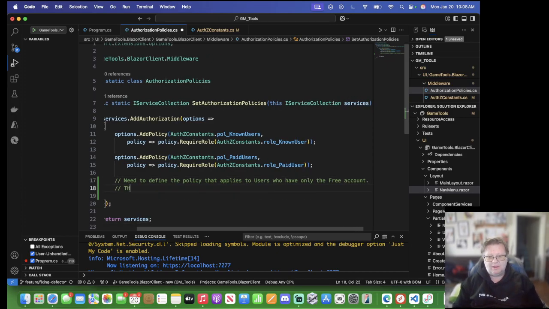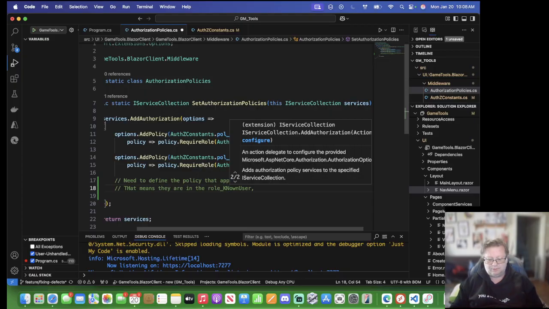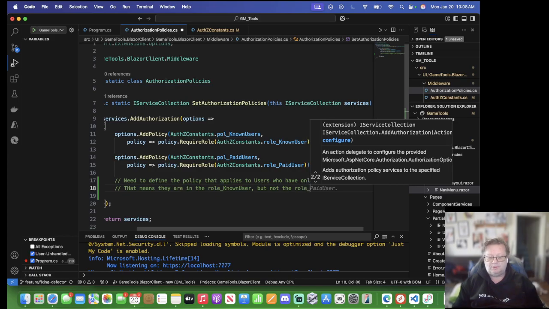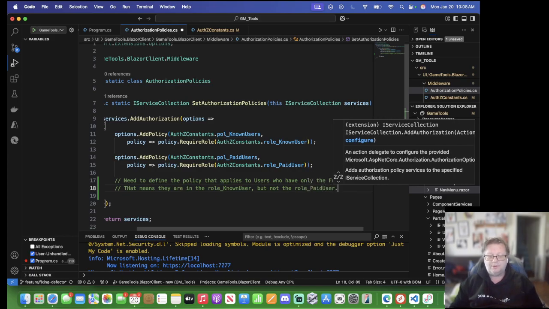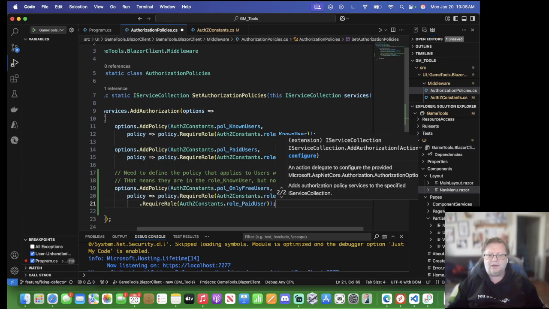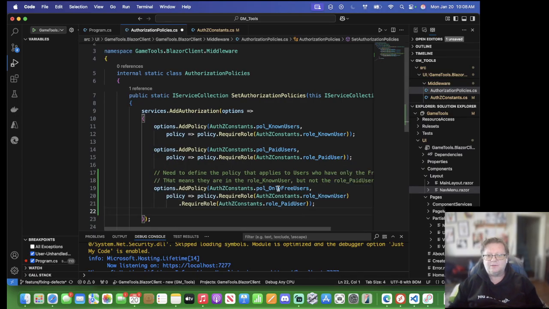That means they are in the role known user, but not the role underscore paid user. Okay, so this defines the policy and gives it the name,